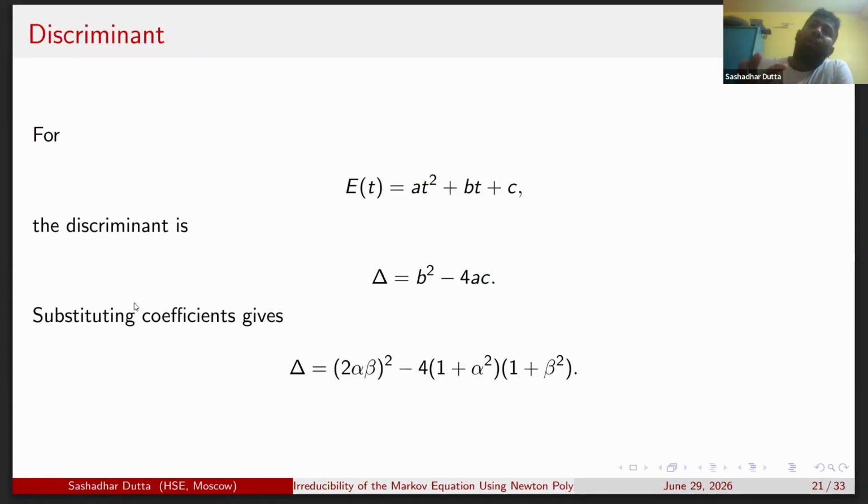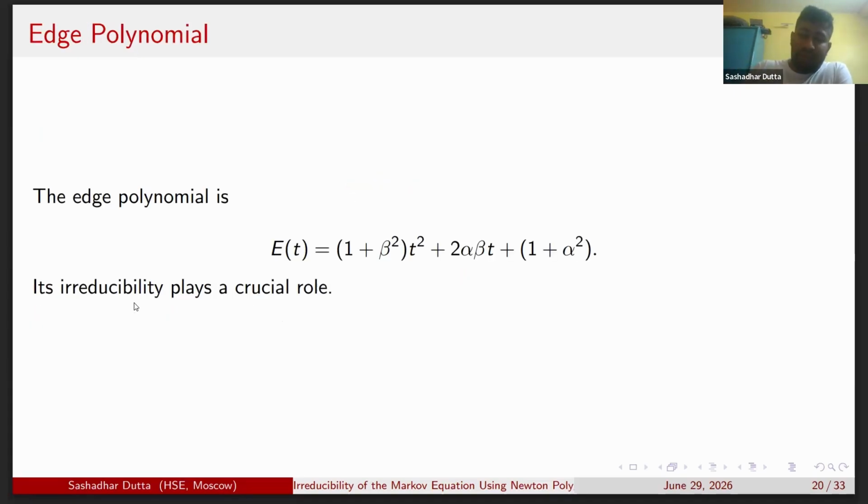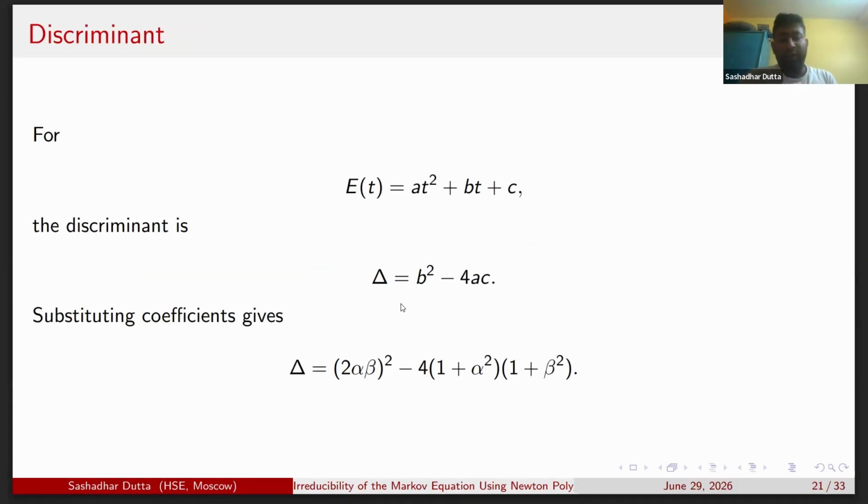First we put the value 1 plus beta square as a, and 2 alpha beta as b, and this is also c, and we need to find the discriminant of the polynomial, that is del,